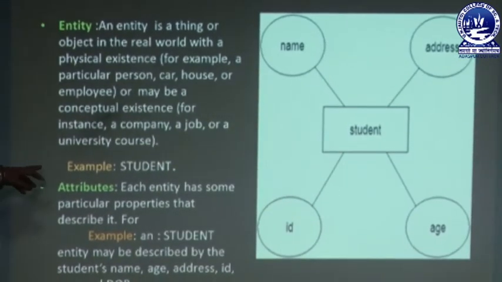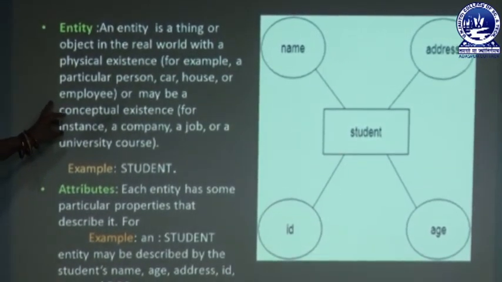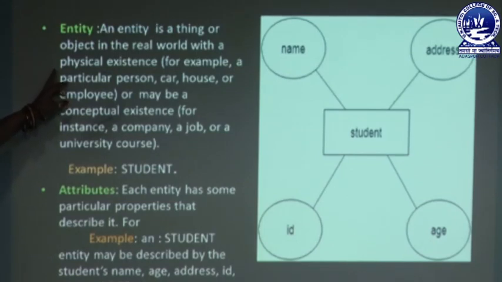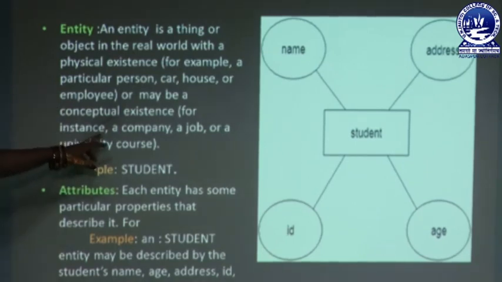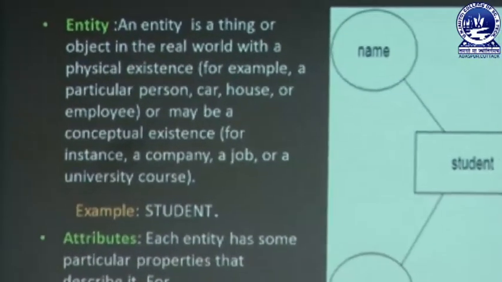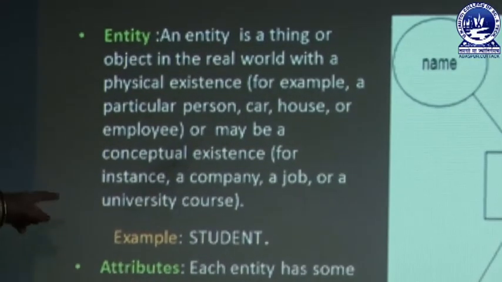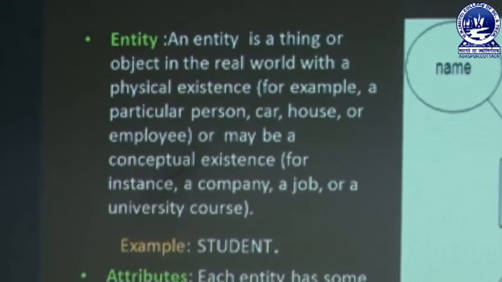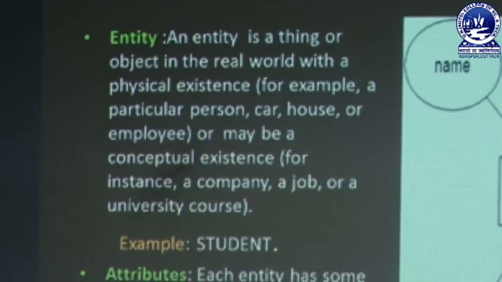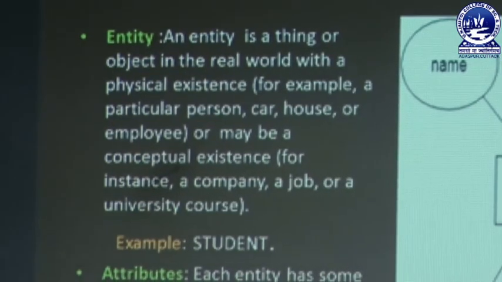You can also explain the conceptual existence and physical existence. What is it? Physical existence means that a particular person, car, house or employee, or it may have some conceptual existence. Conceptual existence means a company, a job, a university course, etc. So, here I will give an example about entity, that is student is an entity, teacher is an entity, and